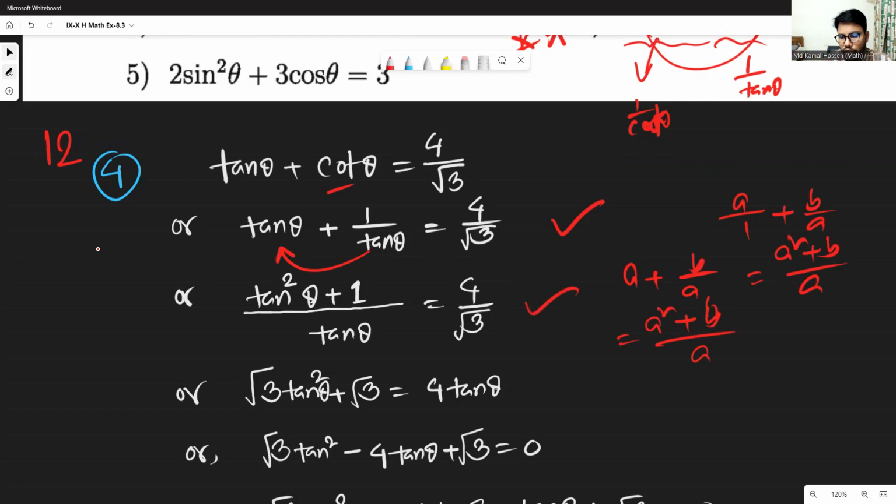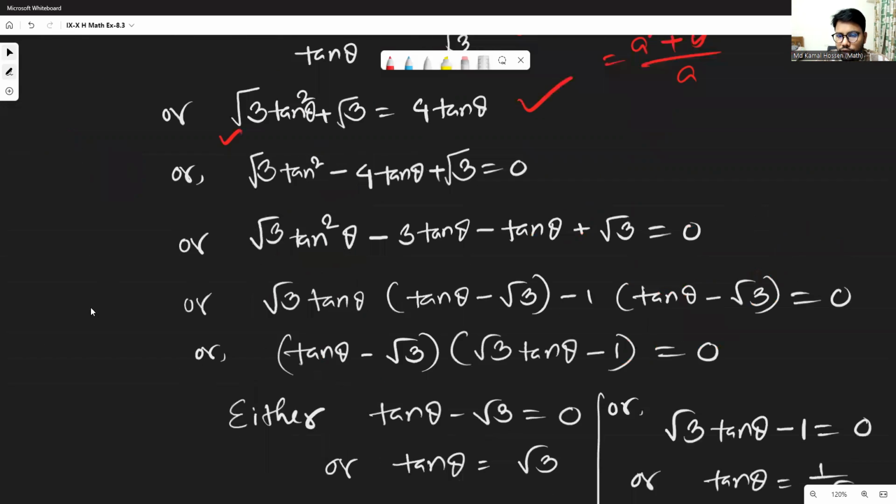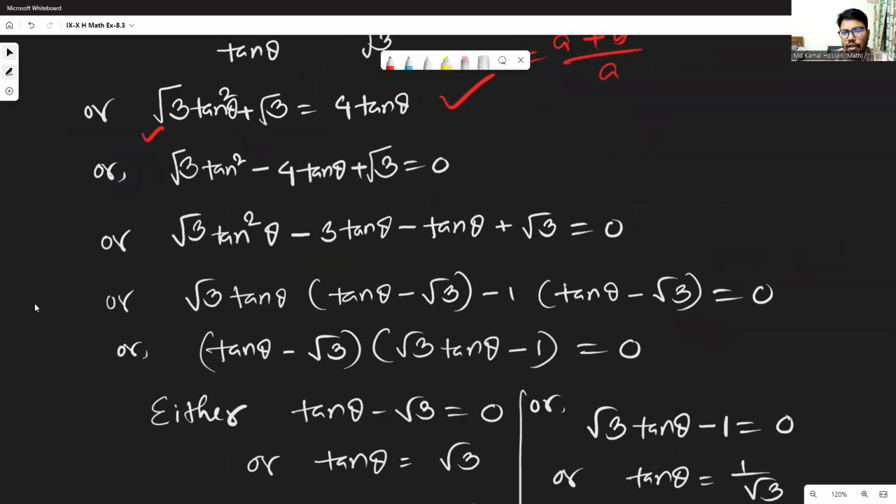So now do the cross multiplication. If we multiply the numerator with the denominator, we get 4 multiplied with that tan. So now the 4 shifts from the right side to the left side, but this is one of the most important middle term factorization steps. There is minus 4 tan theta. But for the first term and last coefficient part, we multiply here tan square theta